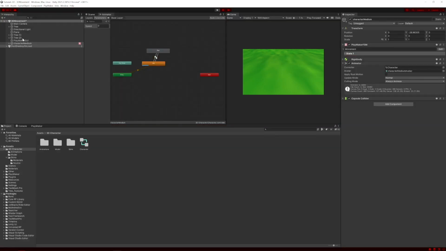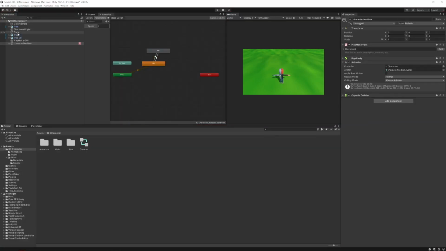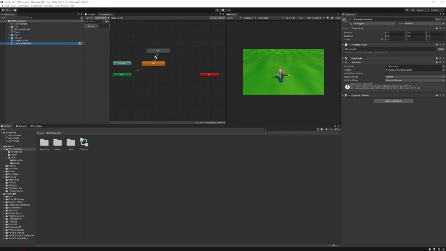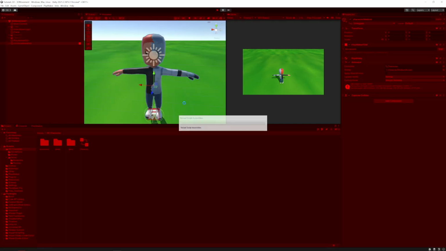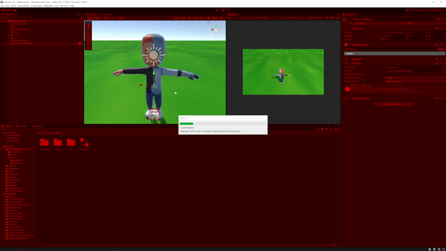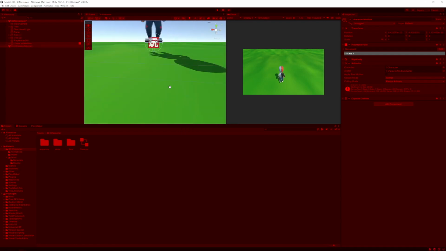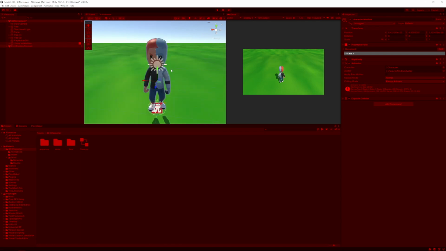And for some reason, it just keeps dropping through the ground. Plane. Maybe because of the mesh collider here. Okay, let me just put a box collider onto this. So we can probably see it here a bit better. Okay, so obviously I need to fix that collider, but you can see our character is now no longer T-posing,